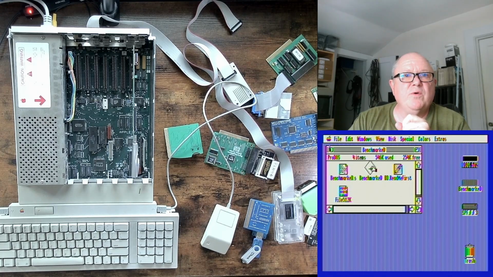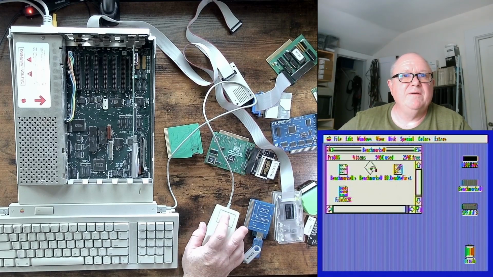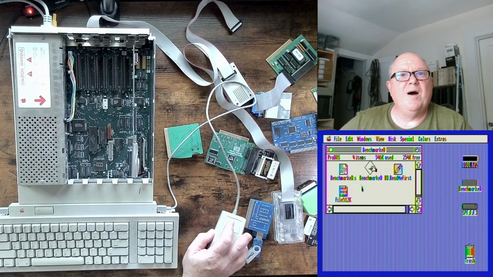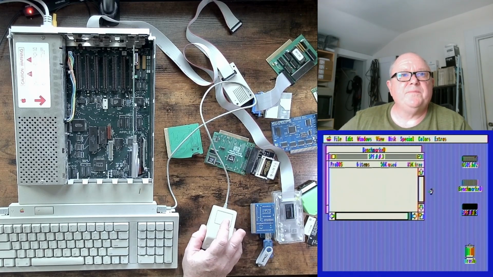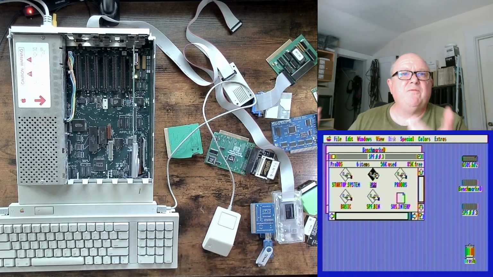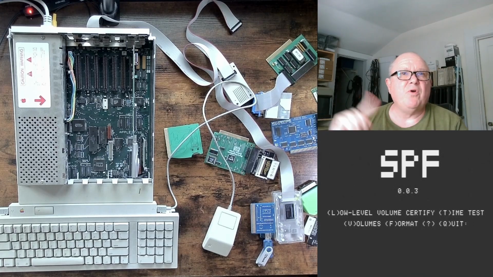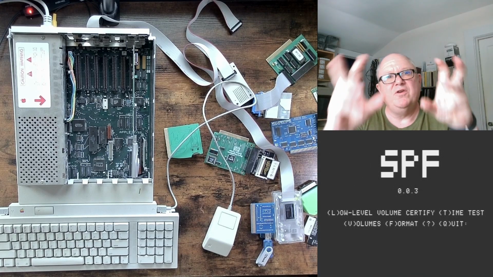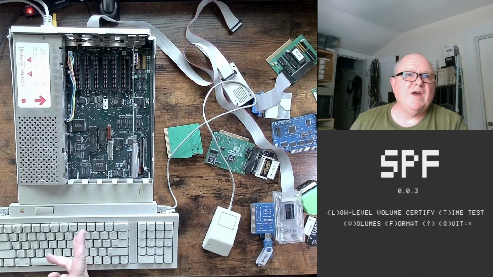before, which was this stress ProDOS file system. And here I'm using the Microsoft mouse again, or the Windows mouse. And I'm looking at the wrong cursor. So here we see that test. And if we click to run it, we can still launch from GSOS. What happens is, because it's a ProDOS 8 app, I don't know if you might have seen the ProDOS screen come up really quickly. It switches to ProDOS 8, allows you to do a time test,